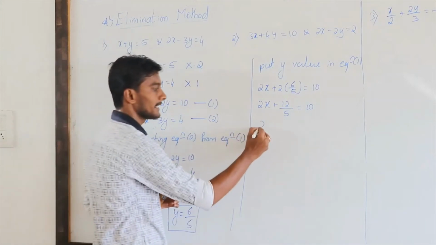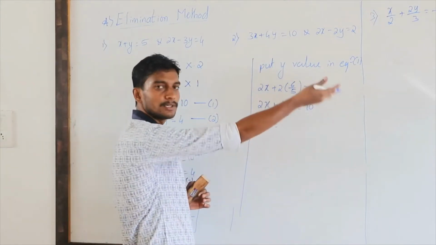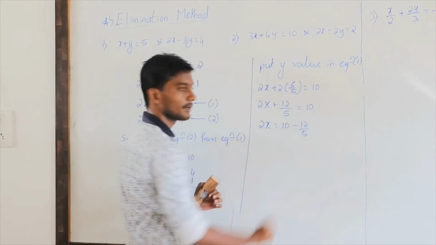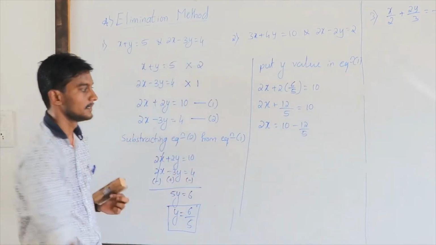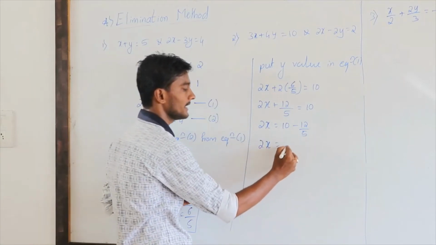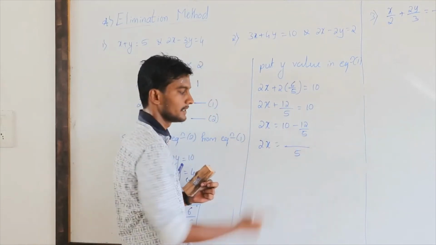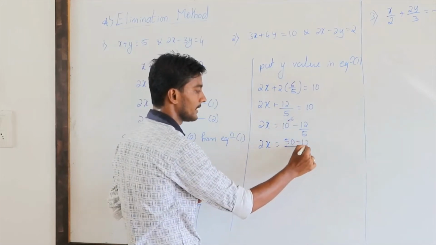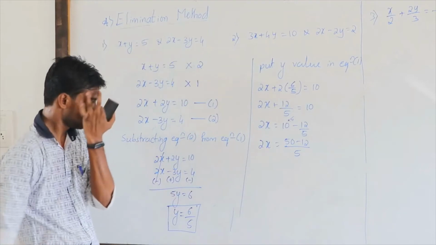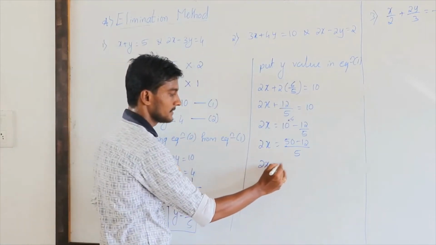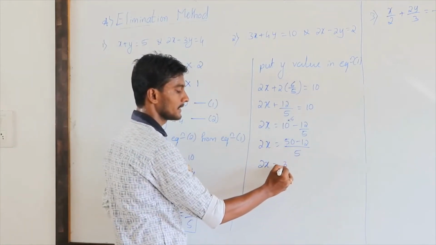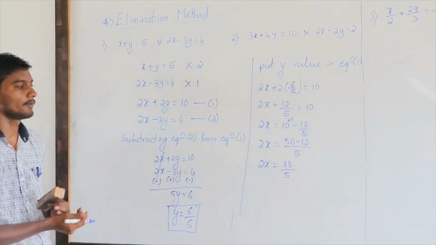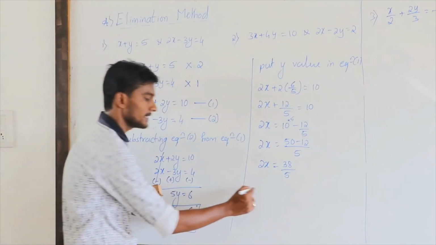So 2x, keep it as it is, and take this constant term to the right side. 10 minus 12 divided by 5. So 2x is equal to, take LCM, it is 5. This 5 you have to multiply directly. 10 into 5 is 50 minus 12. So 2x is equal to 50 minus 12, it is 38 divided by 5. 50 minus 12 is 38. So x is equal to